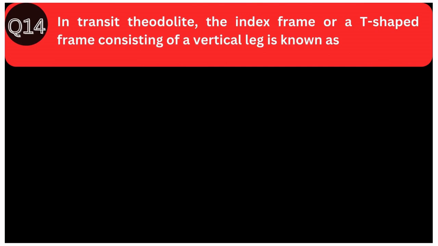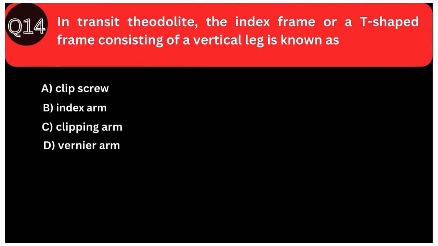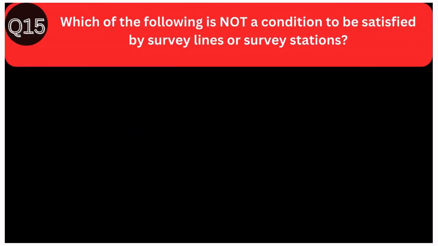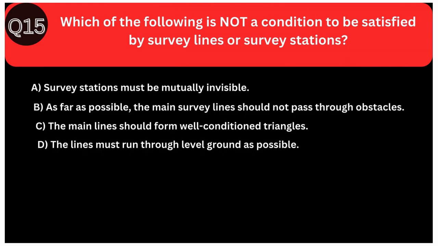In transit theodolite, the index frame or a T-shaped frame consisting of a vertical leg is known as. Option A, clip screw. B, index arm. C, clipping arm. D, vernier arm. Answer C, clipping arm. Which of the following is not a condition to be satisfied by survey lines or survey